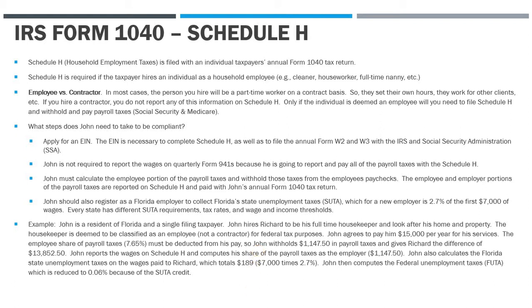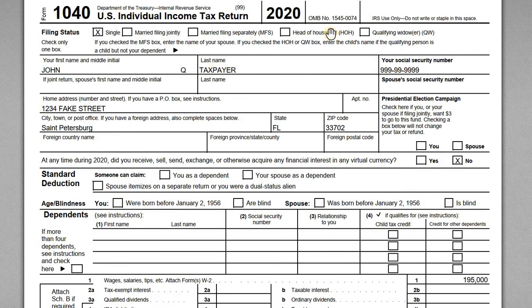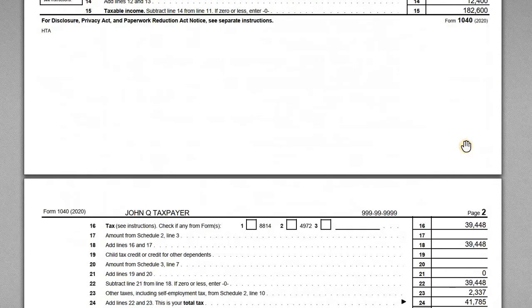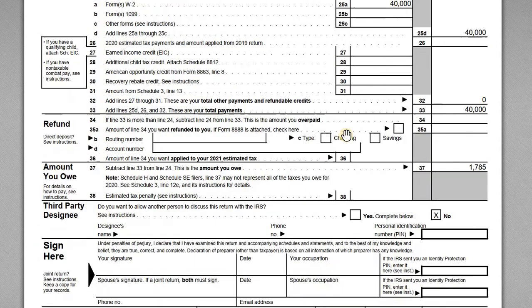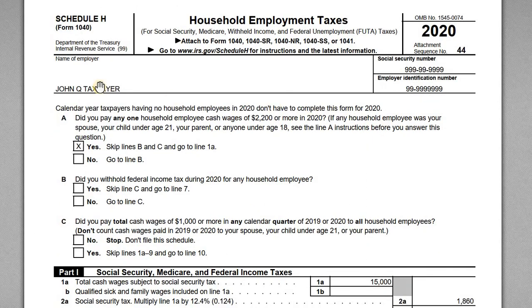Let's jump over to the form itself and go down the various pieces. So let me go to the top here. We've got John, his 1040, John Q Taxpayer. This return is very simple, where we just have wages for John, and then he's got some federal income tax withholding. But the piece we're focusing on here is the additional taxes for the Schedule H household employment piece. So we've got John Q Taxpayer here. He's the employer, right? We've got his Social Security number and then the EIN that he was assigned by